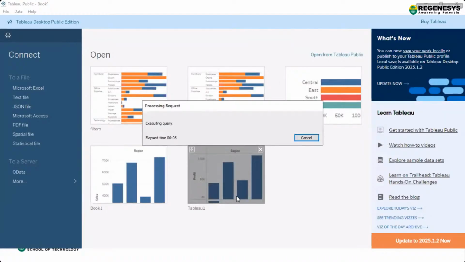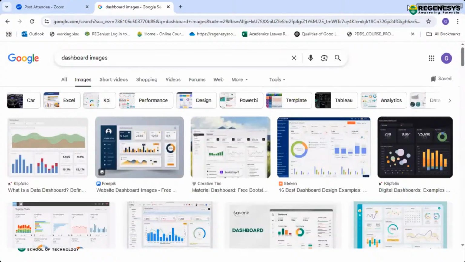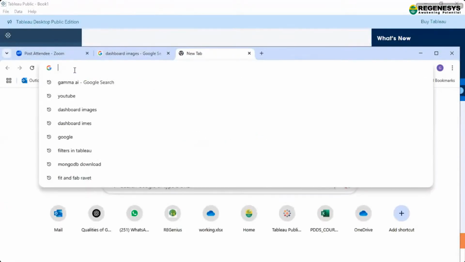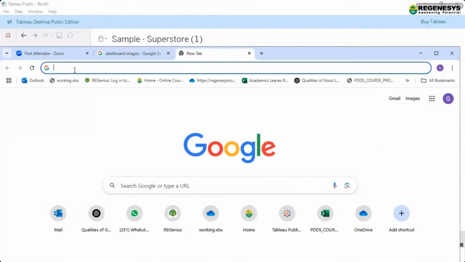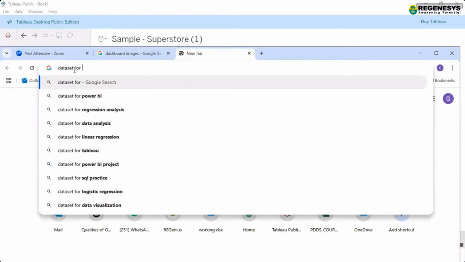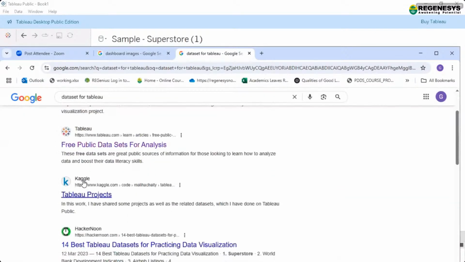If you type on Google, data set for Tableau, there are various sample data available on the official website of Tableau. It is also available on the Kaggle website. Kaggle is also a platform where we are able to get various data sets. This is just for information.